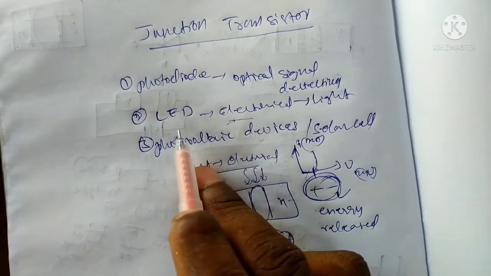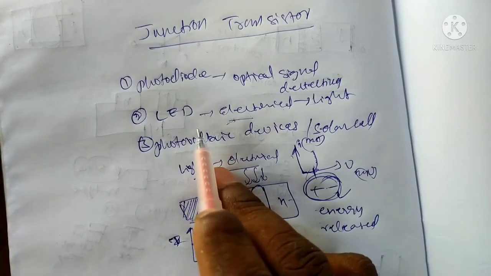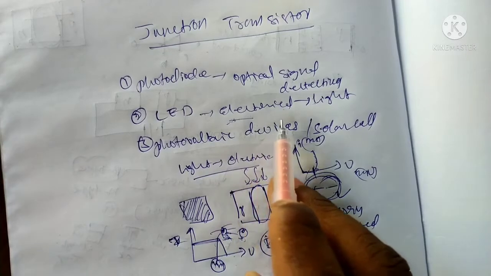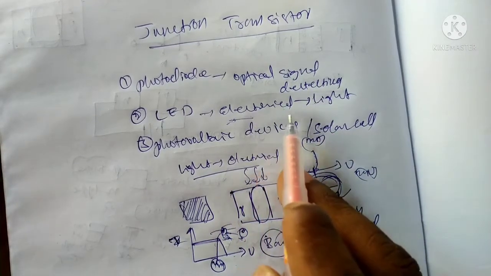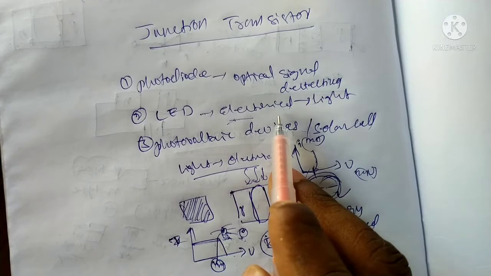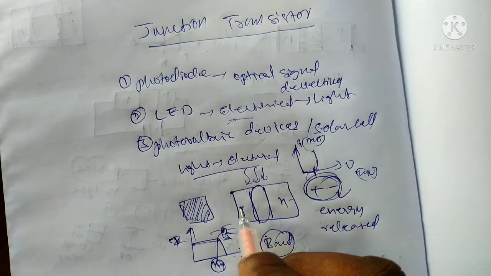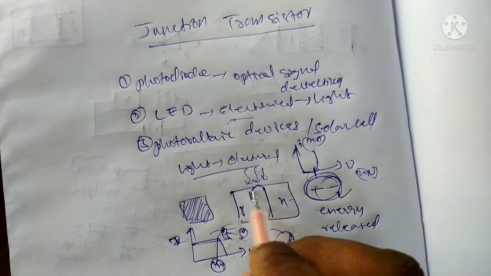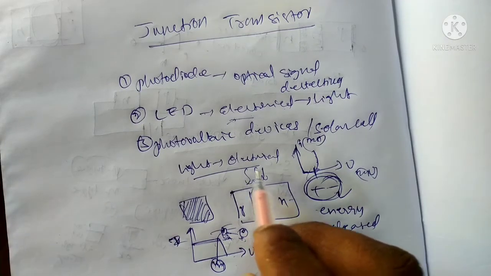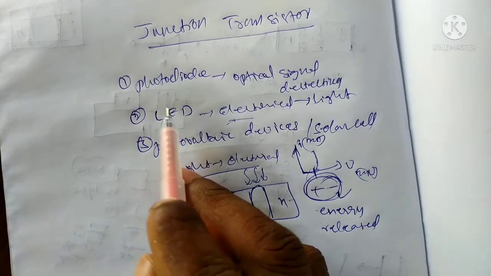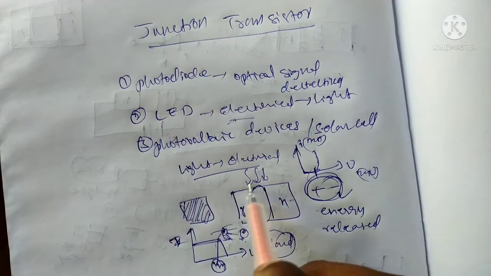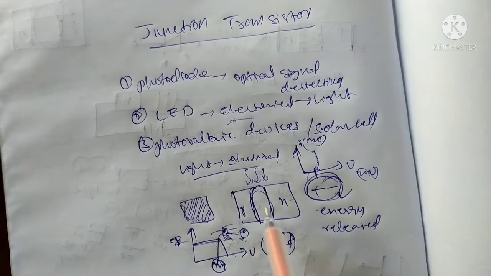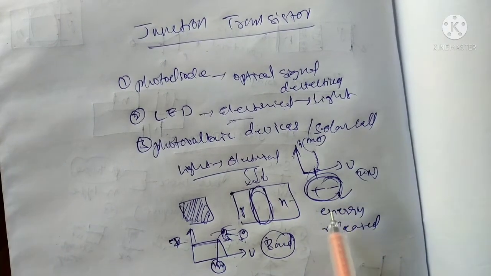So next, go to the LED. It is the light emitting diode. The principle is that electrical energy is converted to light energy. It works on the principle of forward bias. Forward bias means in a p-n junction diode, the p type is connected to the positive terminal of the battery and the n type is connected to the negative terminal of the battery. The same phenomenon will appear. Incident light, that is optoelectronics, means light falls on a p-n junction diode, on the depletion layer.